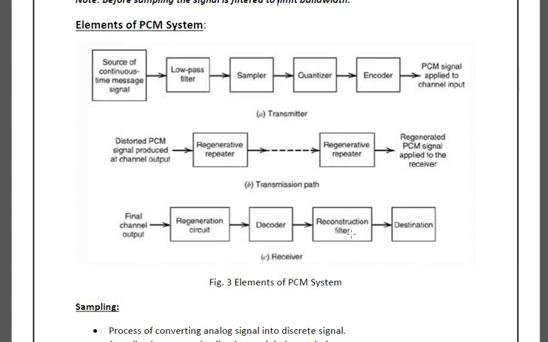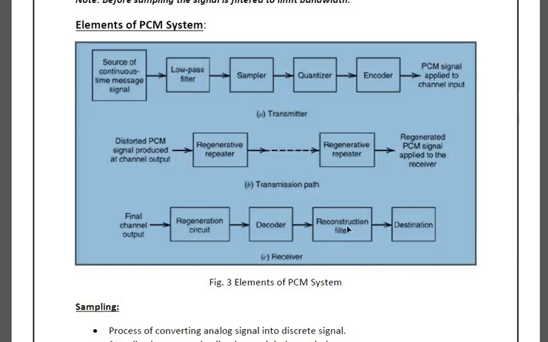This is done by passing the decoder output through a low pass filter or a reconstruction filter. Here in this part, you can also use a low pass filter or any reconstruction filter. So the output of the low pass filter is the analog signal. Okay, last one, your destination is your analog signal. I hope you are clear with the elements of the pulse code modulation scheme. First, you will be having a source of continuous time signal, or the continuous message signal, that is given to a low pass filter, because we have to give some particular band limit.